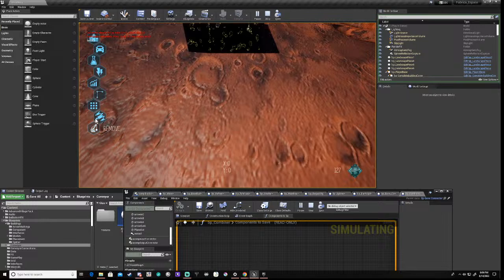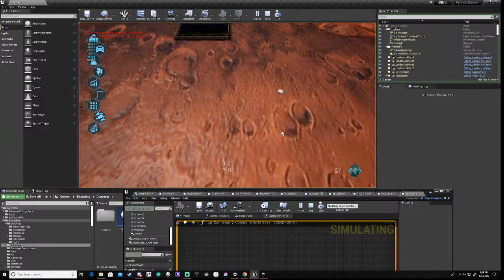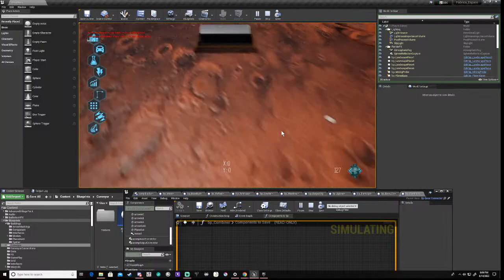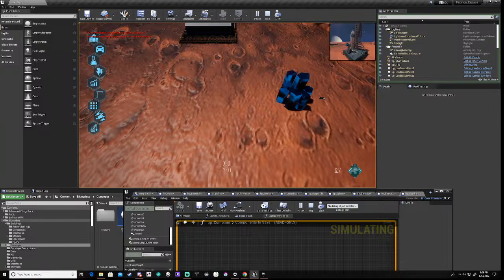And from here, if we do a probe, right, so we do our little probe,